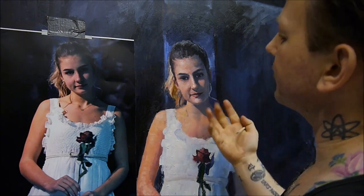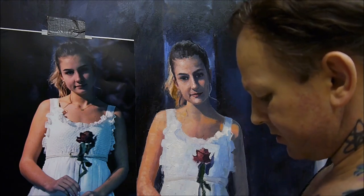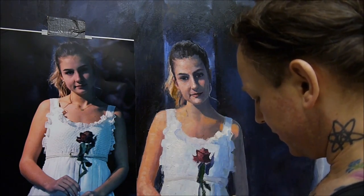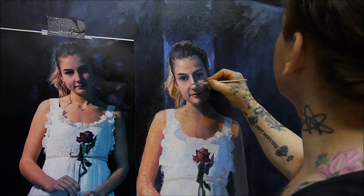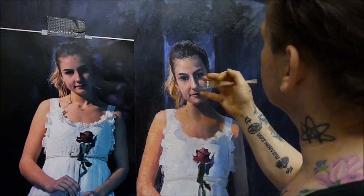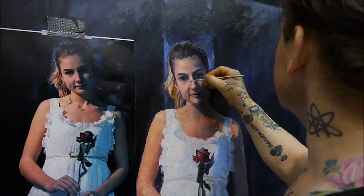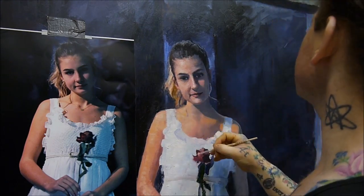You see now, it's hard to say. I do go over the whole thing, but the colors that are already there mix up with the colors I put on, and the surface becomes a little bit dynamic and natural. You see, I kind of drag. Here is the chin, the bone has to be a little darker than the light, so this is how I do it. And I do this procedure again and again and again, many times